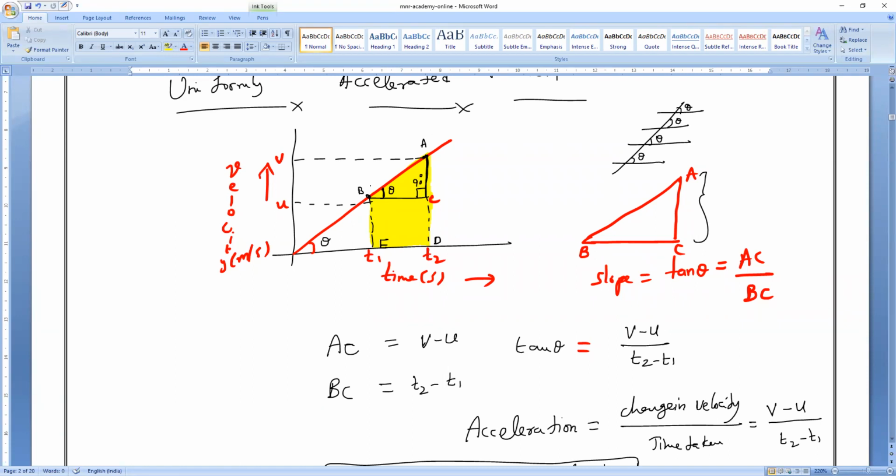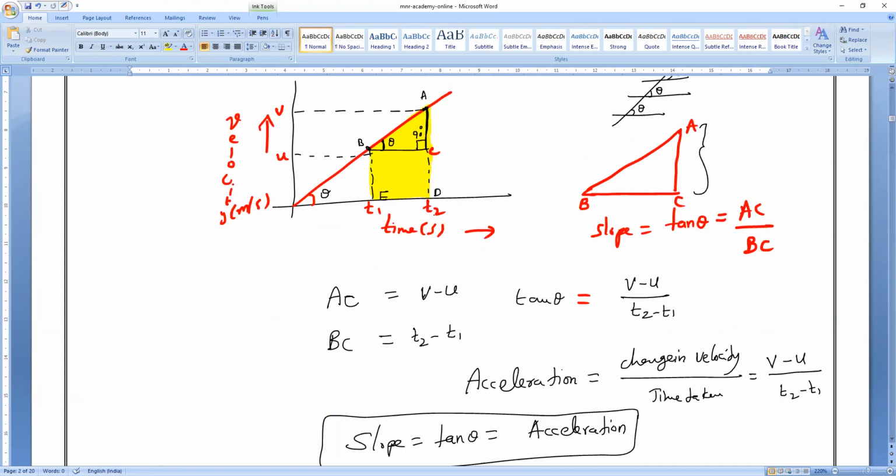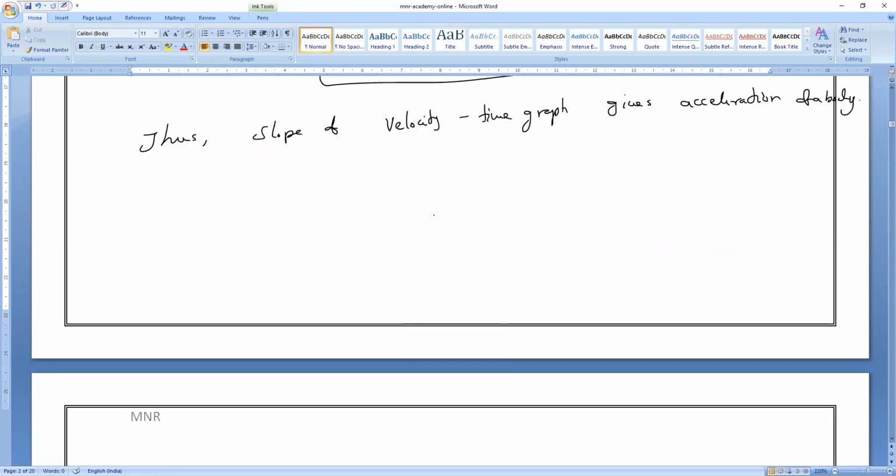So now you tell me, what is the name of this shape you are observing? Can you tell me what shape you are observing? Nobody. So write it: the magnitude of displacement,